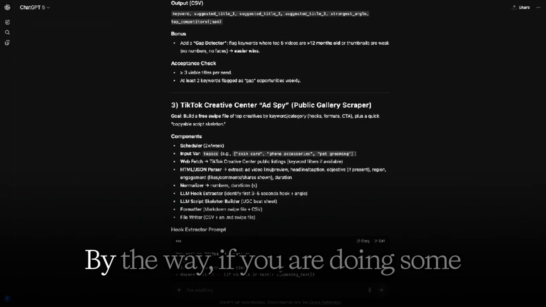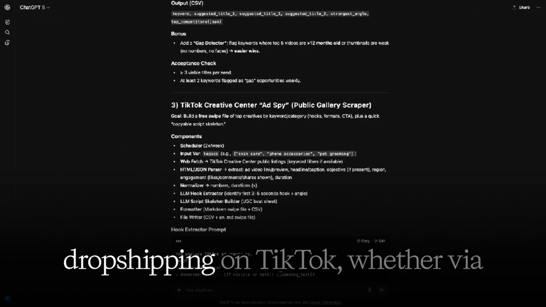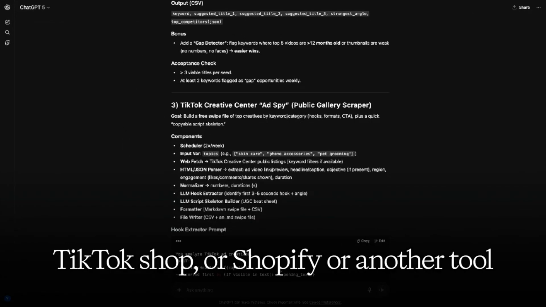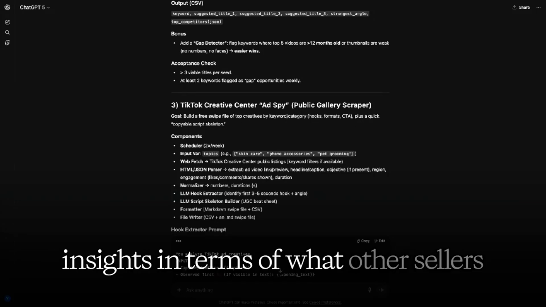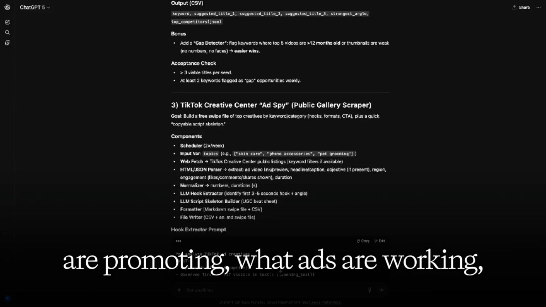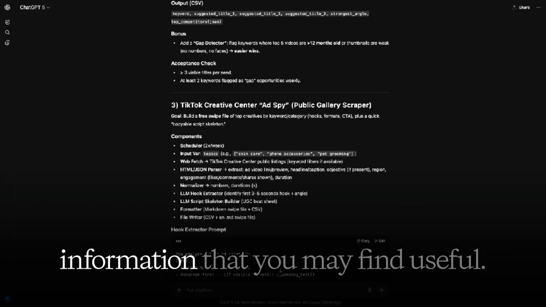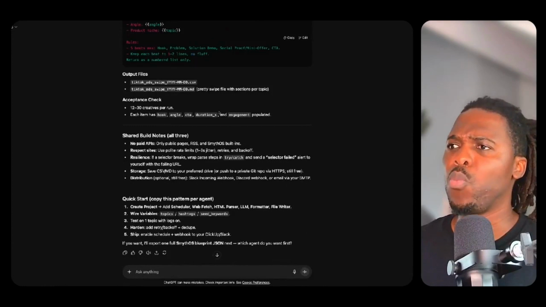A really powerful tool, by the way, if you are doing some dropshipping on TikTok, whether via TikTok Shop or Shopify or another tool. The Creative Center, which is completely free, really gives you some useful insights in terms of what other sellers are promoting, what ads are working, what's ranking well, and a ton of other information that you may find useful. Long story short, when we moved on, I said to ChatGPT,